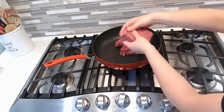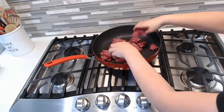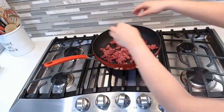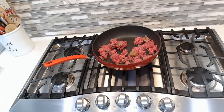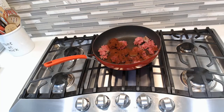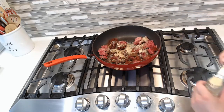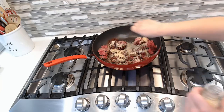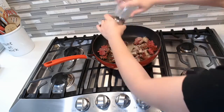I heat a saute pan over medium heat, and once it is hot, I break up 1 pound of ground beef, 85 to 15% blend. I add in 1 beef bouillon cube, 2 tablespoons of chili powder, 1 teaspoon ground cumin, 1 teaspoon onion powder, and 1 teaspoon of garlic powder. I freshly ground some black pepper,